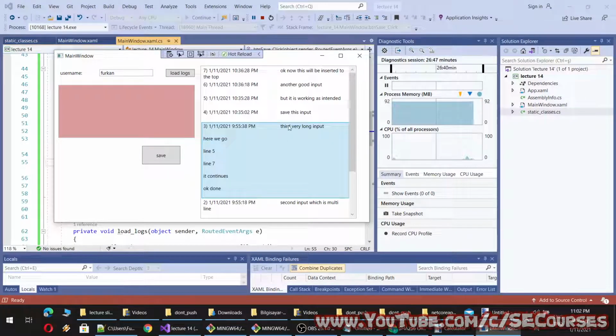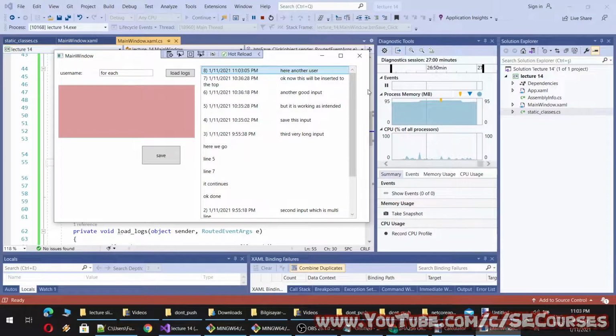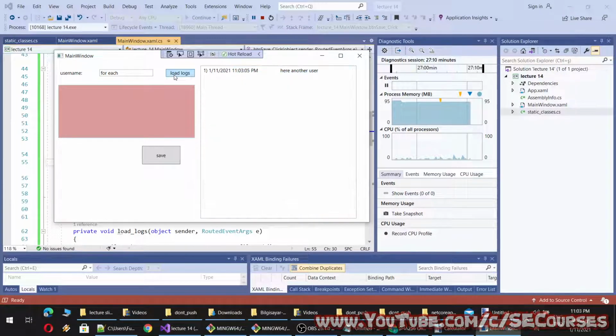Okay, so this is how you can make a logging system for each user. All right, for each. Here another user. Okay, this will be saved like this, but you can also keep the last username, and if user changes, you can reset this list. It is totally up to you. When we click the load, it will be also reset with the newest user.